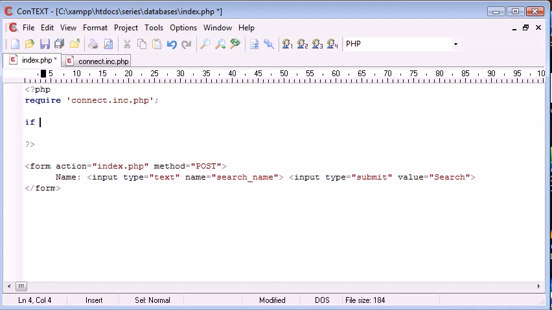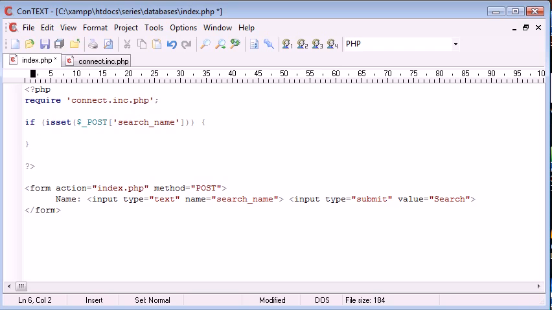So let's go ahead and say if is set $_POST, remember we're using post data down here, and we're going to say search_name. So we're corresponding this to the name that we've given the element in our HTML document. So if this is true, we're going to run this block, and inside this block we're going to set a